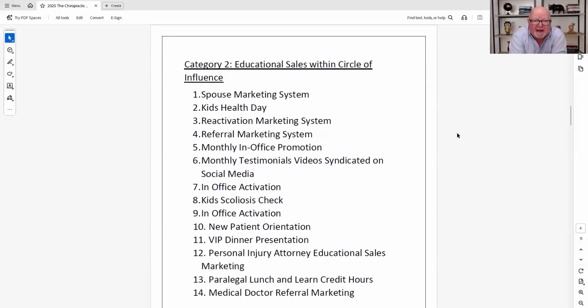How easy is it to see if a spouse has a gateway problem? Unbelievably easy. I just ask them, hey, Mary, do you mind if I ask you, does your husband have any back pain, neck pain, headaches, or joint pain, any old injuries? It's so unbelievably easy to see if I have a potential new patient right there.